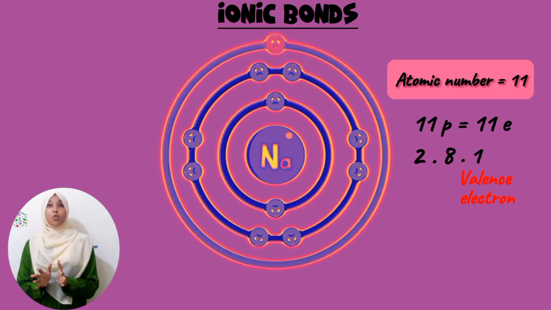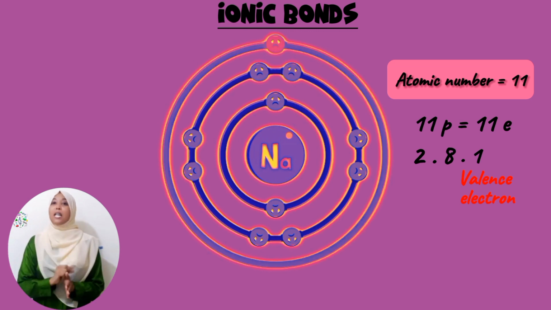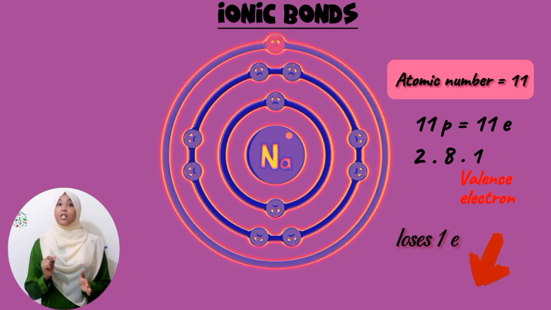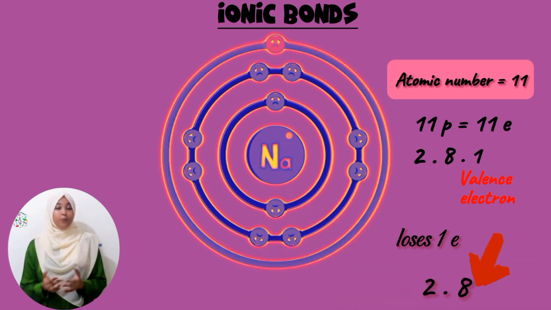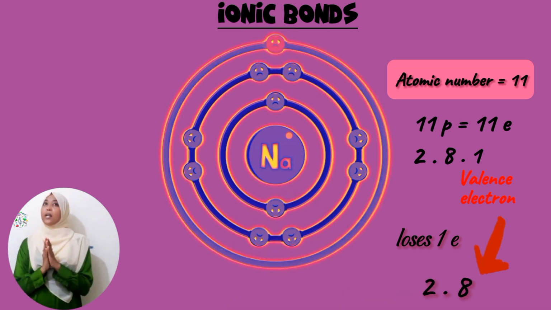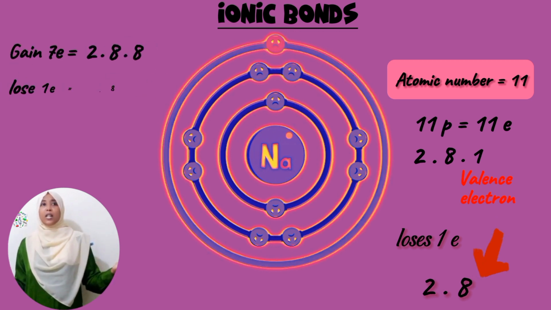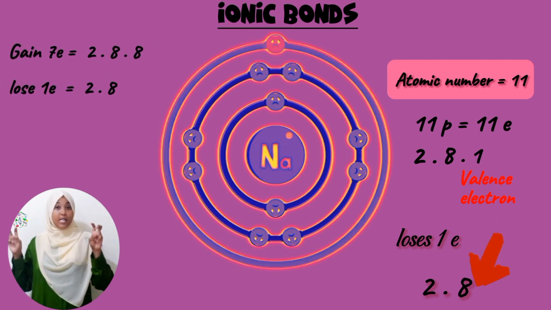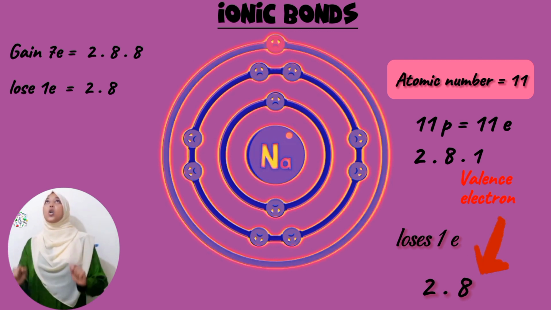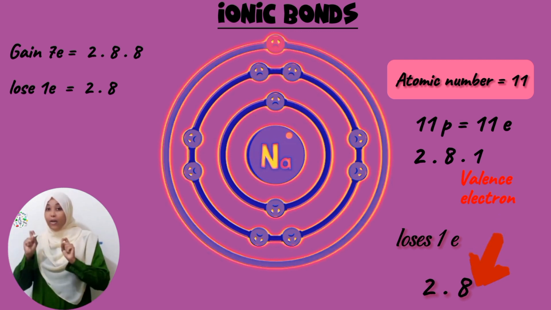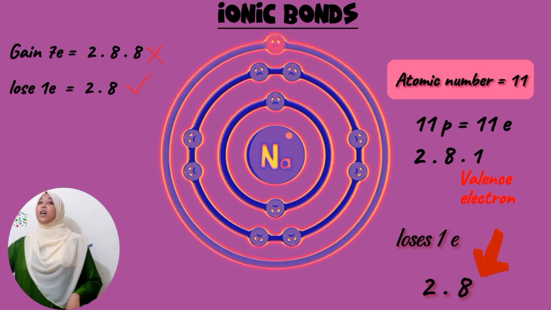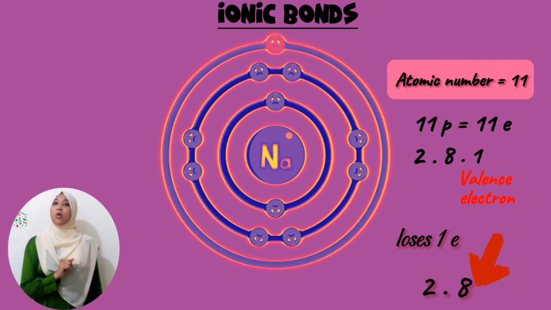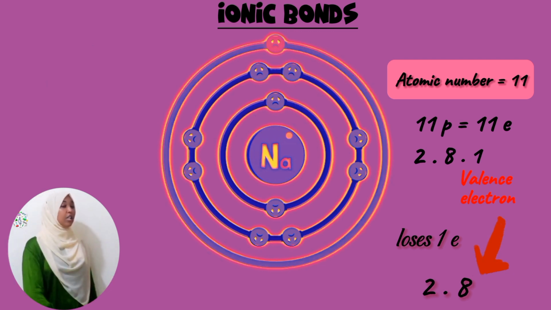What the sodium atom can do is lose its single valence electron, and that is what it does. It loses its valence electron in order to become stable, and by losing its electron, it forms an ion. Now pause. Some of you might be wondering, why couldn't sodium just gain 7 electrons to form 2,8,8? Theoretically that is possible, but it requires a lot more energy to gain 7 electrons than simply losing 1. So it loses its single valence electron and voila, it has become stable with an electron configuration of 2,